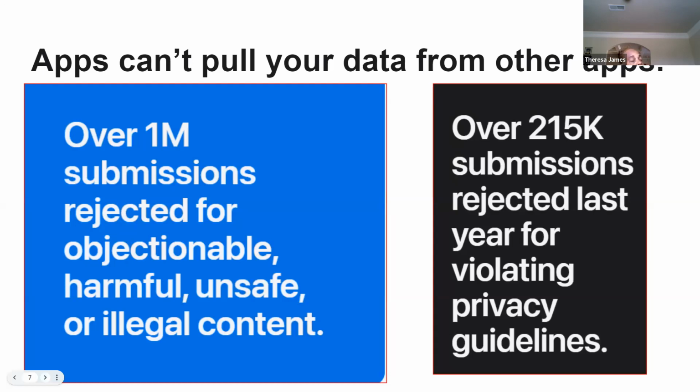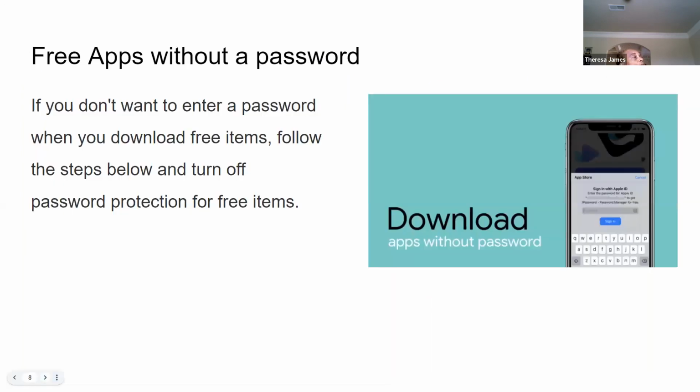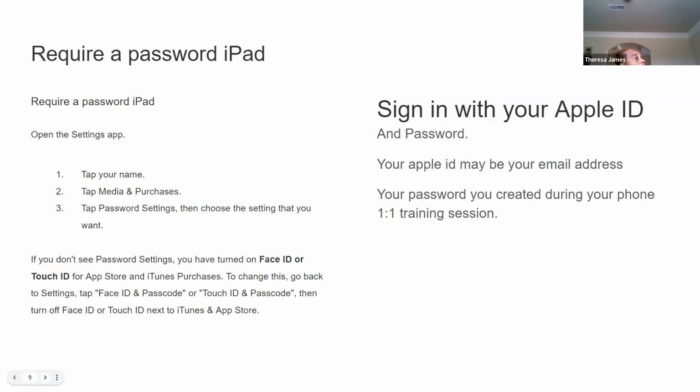It's like Amazon. Okay, so you get free apps. You can't have free apps without a password. If you don't want to enter a password when you download free apps, follow these steps, and we're going to look at those steps. And this is where I want you to be fully engaged. All right, so the steps are, and I'm going to go through each one of them in a little while. The first thing you want to do is